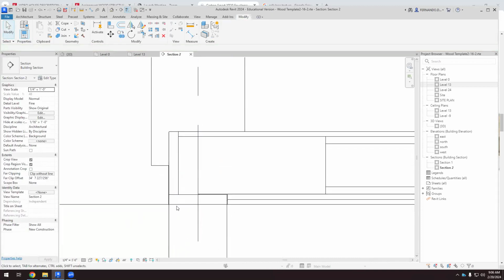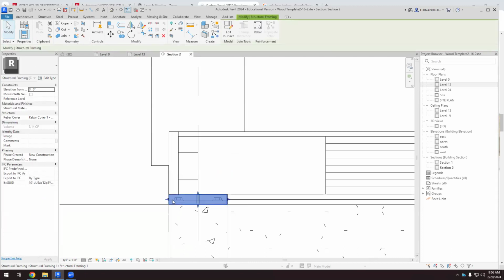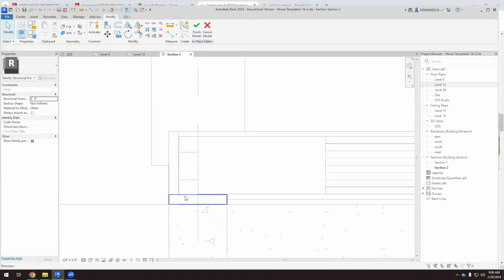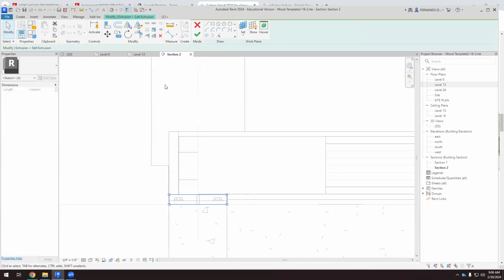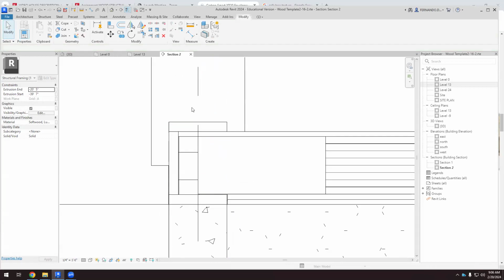But if it's a component model in place, sometimes we have trouble doing that, and it doesn't work well. So I think it's better to change the extrusion. I select the element that I want to copy, I edit in place, I select it again, I edit extrusion, and now I can copy these pink lines here. And when I finish,